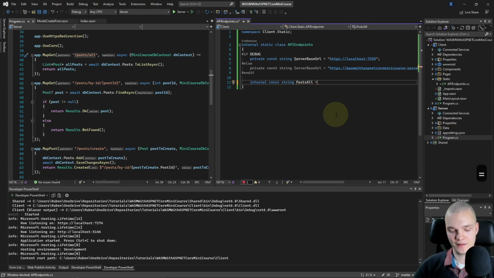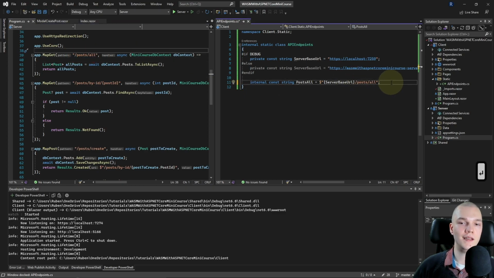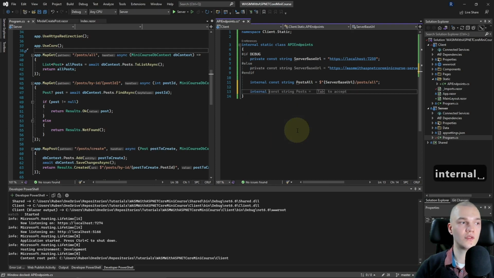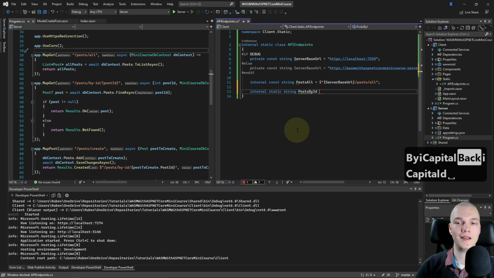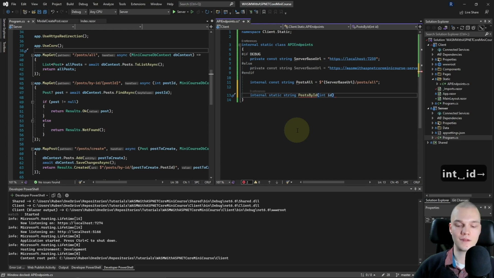And I'm gonna set that to an interpolated string. And I'll start with the ServerBaseUrl and then do a slash posts slash all, basically this. And then for the posts by ID, which we won't really need in this tutorial, but I'll add it anyway, I'll do a method for that. So internal static string, so it returns a string, and I'll name that PostsById, and that will take in the int id, right?